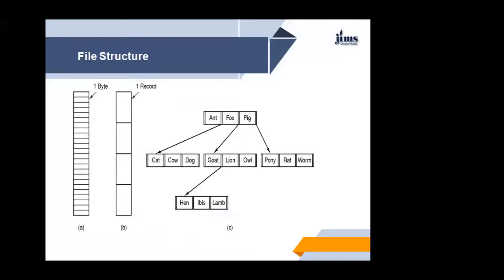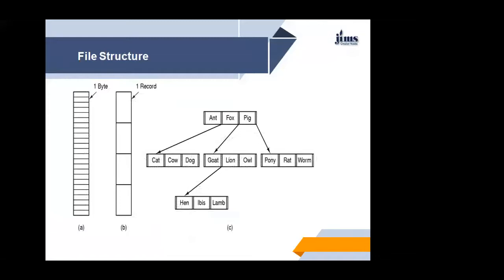Then there is the two level directory, and then a three level directory structure. One level, two level, and you can also say it's a tree structure. There could be more levels also. We have also discussed operations on a file. You can search a file, create a file, delete a file, list a directory, rename, and traverse the file system. These can all be done.